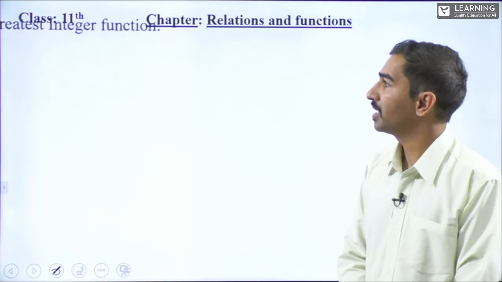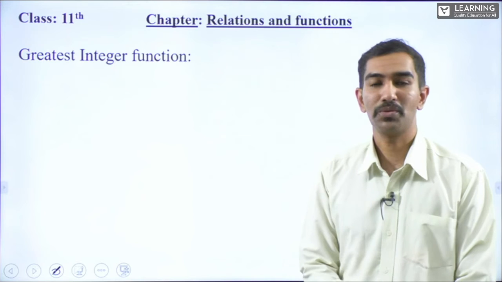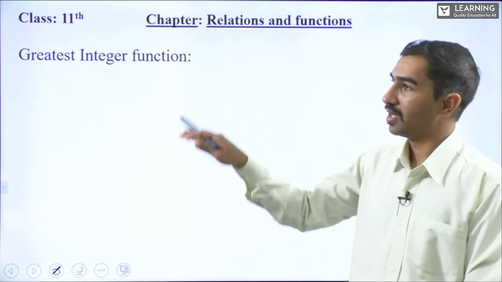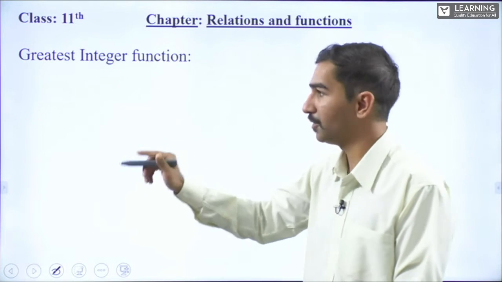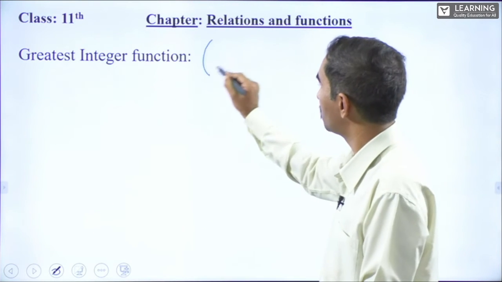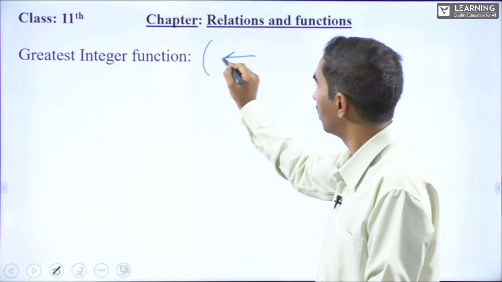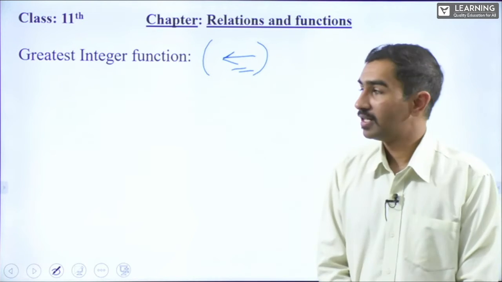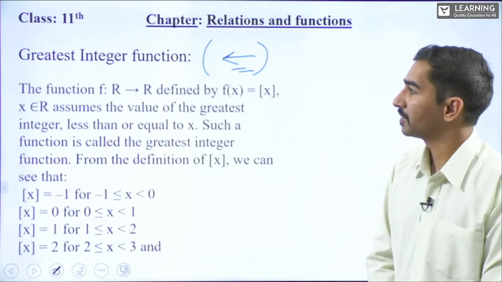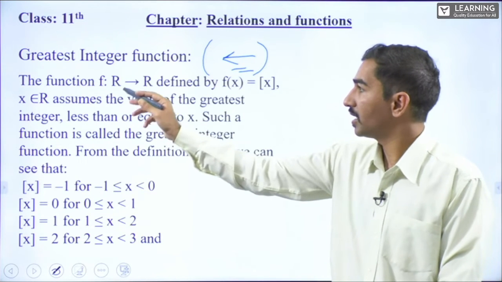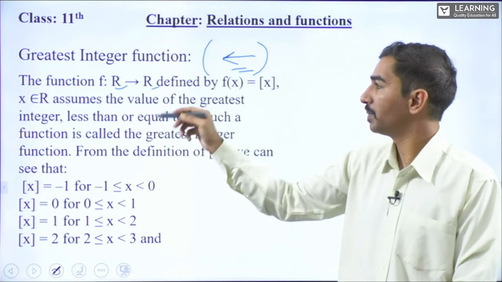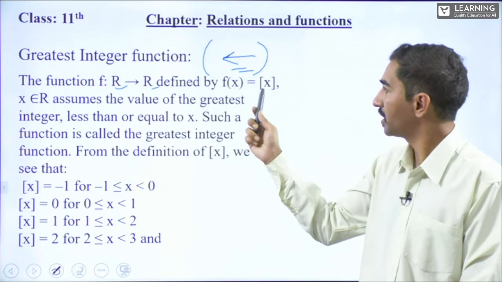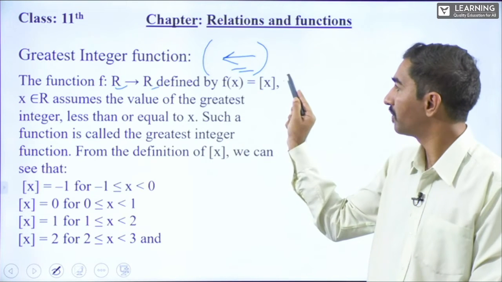The next function is called the greatest integer function. So this is very simple, students. How to remember the greatest integer function, I'll tell you. In the bracket you just write a left arrow mark. I'll tell you why. Okay, a left arrow mark. Now let us start with the greatest integer function. The function f such that R to R, domain to codomain or range, defined by f of x is equal to, so students, this is how you have to